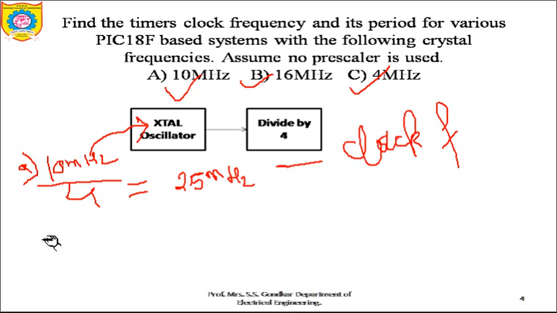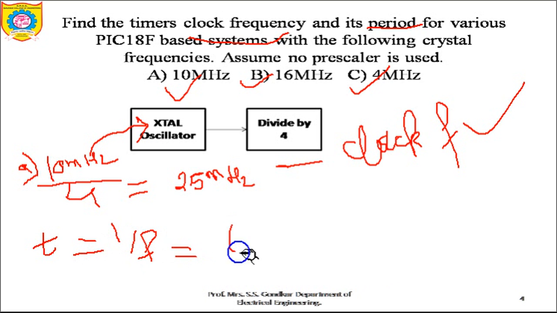Then we have to find out the period. You can see here we have to find the 2 parameters, that is clock frequency and period. We found out the clock frequency. How? By just dividing the crystal oscillator frequency by 4. Then we have to find out the period. T is equal to 1 upon f. We know that formula. So you have the frequency, just take its inverse, you will get the time, and your time is nothing but 0.4